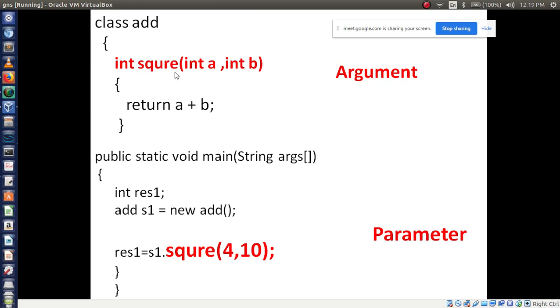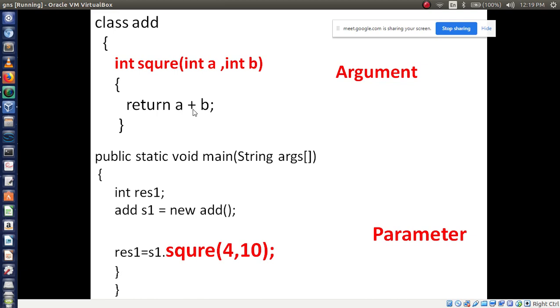Int a comma int b, what can we call these? Parameters. Very good. Inside this function I am performing some operation, that is a plus b.